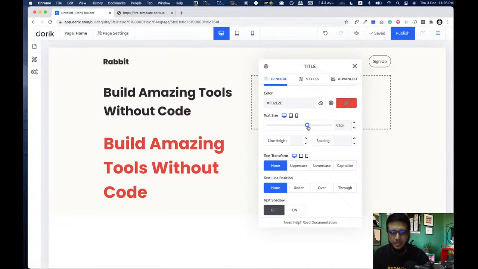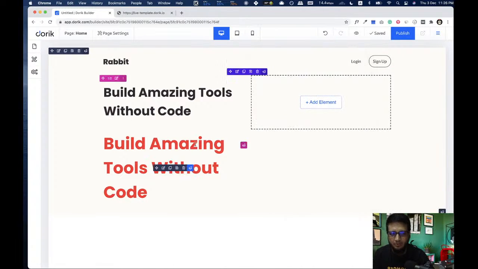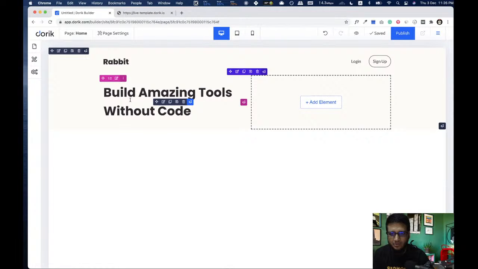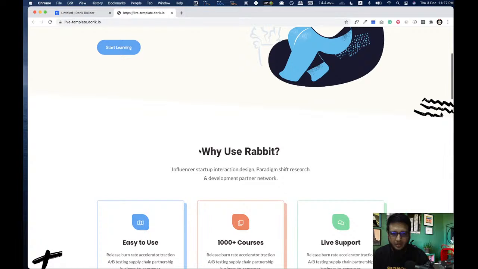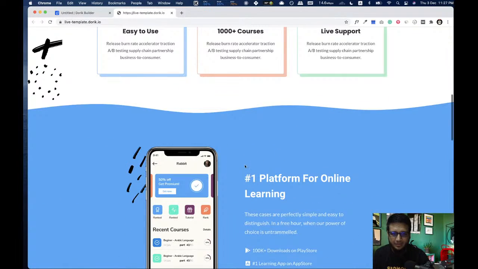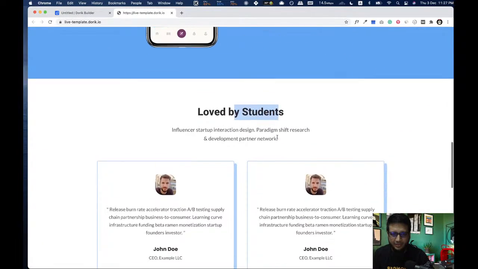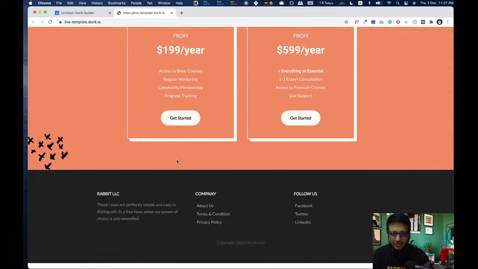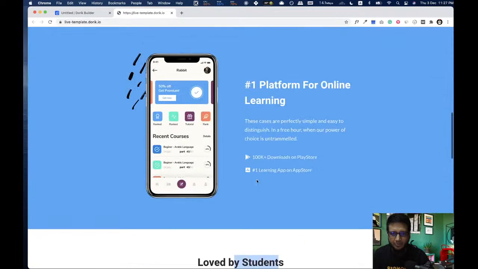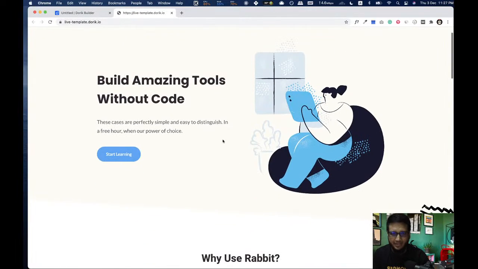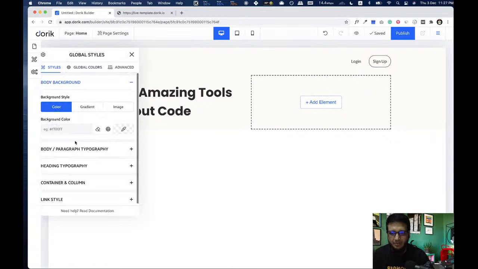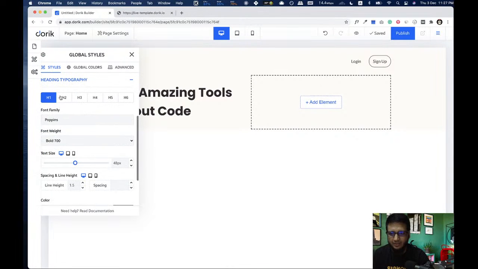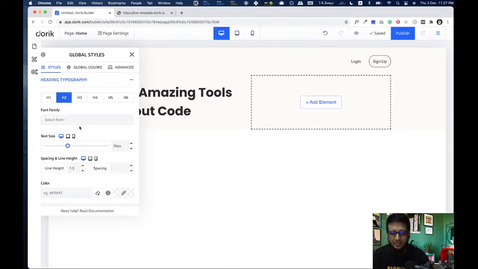Because we kept the font family only on global style. So for example, we used this heading here, here, here, and here. So we used it in 4 places. So now if you want to change the font, you can just come here and like here in h2, you can select this font and everywhere it will be changed.